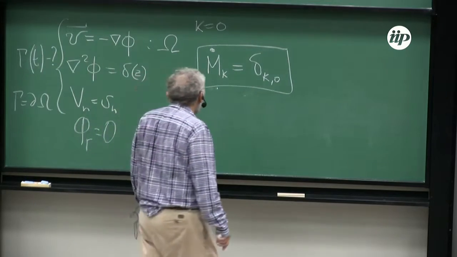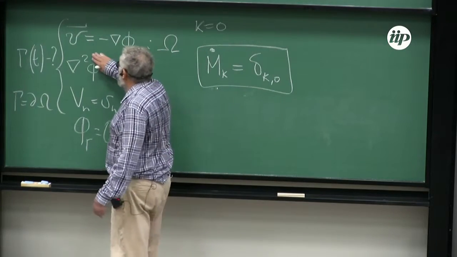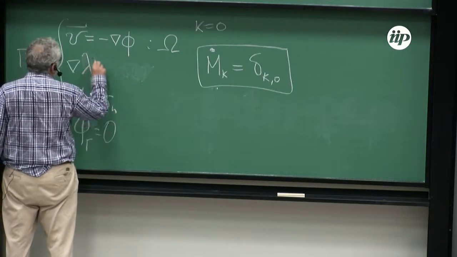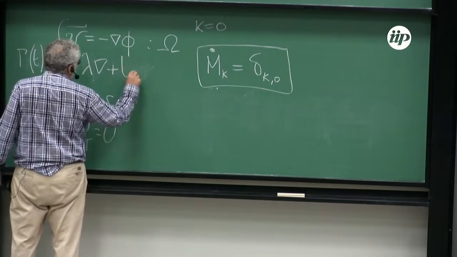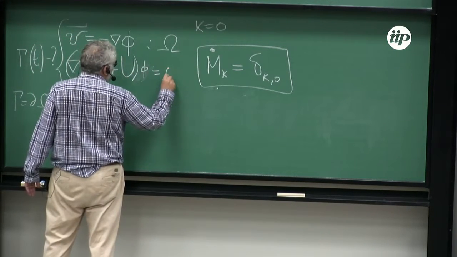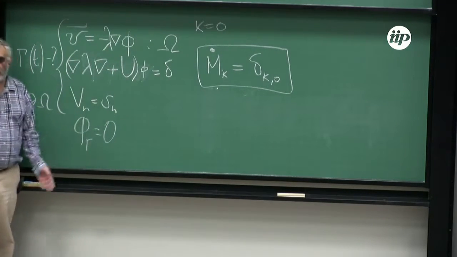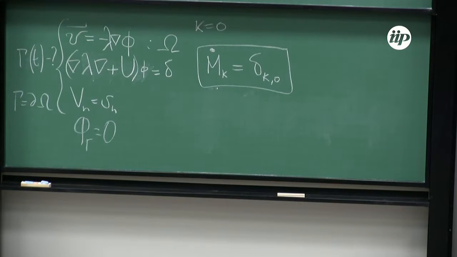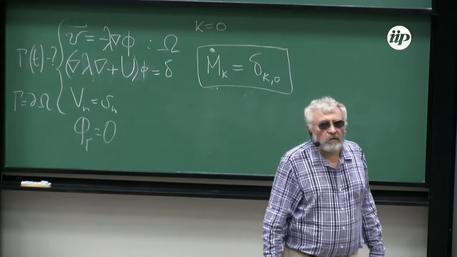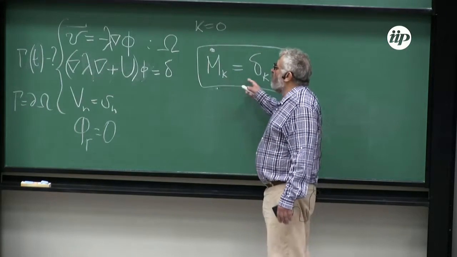I can tell one interesting fact, that even if here would be not Laplace, but more or less a general elliptic operator, and we probably should put it here. Lambda stands for some inhomogeneities, and U is some kind of screening or whatever potential could stand for in this field. We still have the same list of